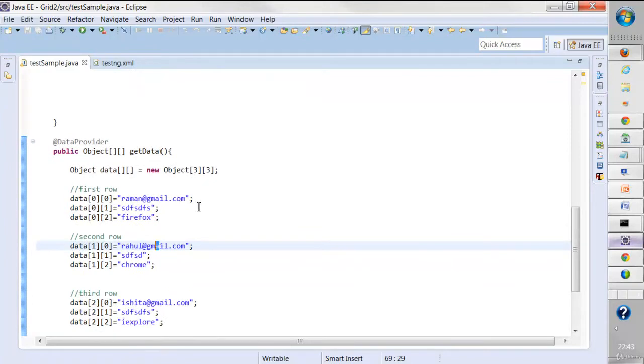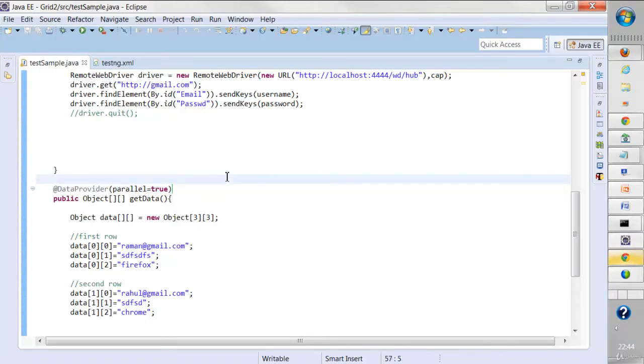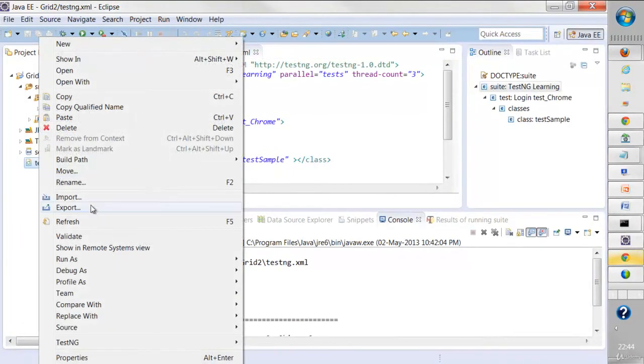There is only one simple step, one simple command that I need to add with the data provider, and that is, I'll write over here parallel equal to true, and I will save it. And now if I run it again, if I run this again,